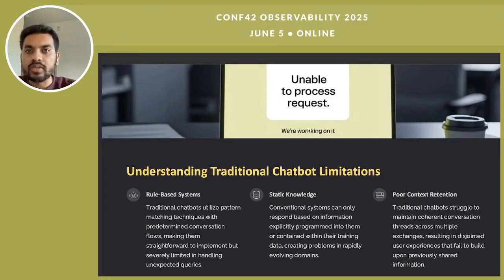Traditional chatbots, even the more modern ones that use intent classification or basic NLP, rely on static knowledge and hard-coded flows or pre-trained models with limited ability to adapt. They are built using rule-based systems that scale poorly and can easily break on edge cases. They're trained on a snapshot of data, which becomes obsolete very quickly. And the session state management is often brittle or non-existent, making multi-turn context detection weak or absent.